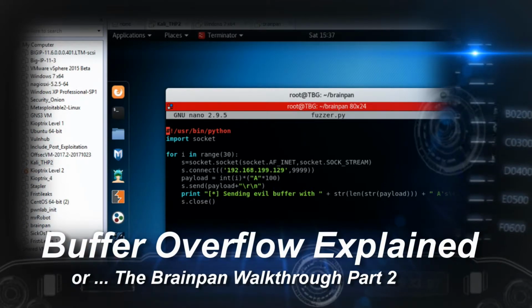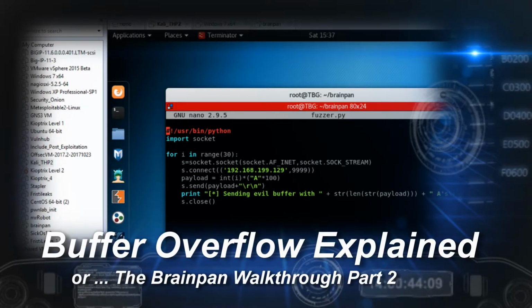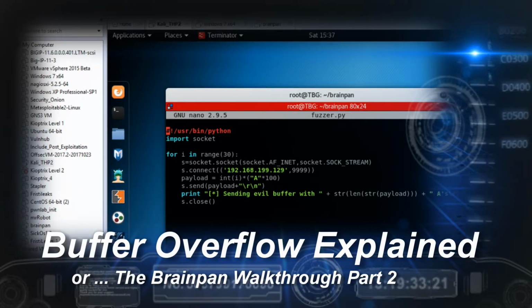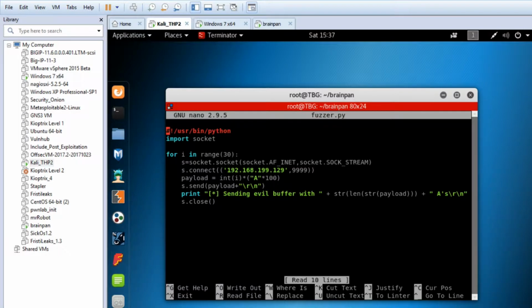So here I've just added a little simple script. This is our basic fuzzer script, and it's in Python. Basically what it's doing is pointing to the Python interpreter. It's going to import the socket library, and then it's just a little for loop that's going to first create a socket, and then it's going to connect to this guy right